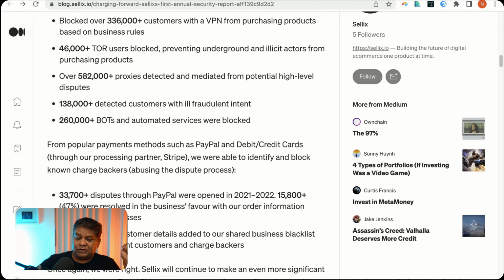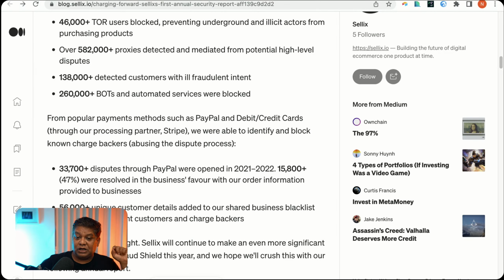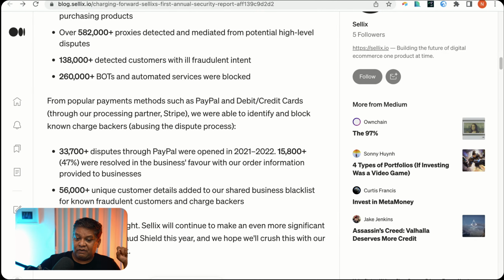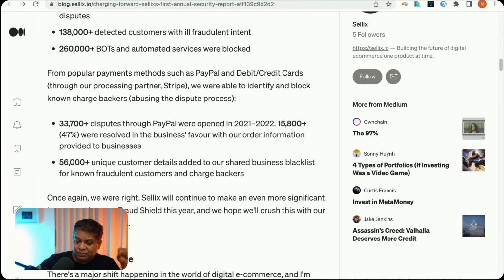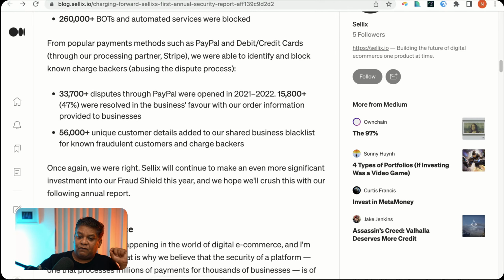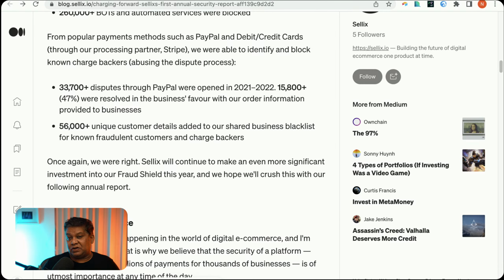There are 33,700 plus disputes through PayPal that were opened in 21-22. 15,800 plus were resolved in the business's favor with our order information provided to businesses. 56,000 plus unique customer details were added to a shared business blacklist for known fraudulent customers and chargebackers. And you imagine, 56,000 plus unique customer details were added.